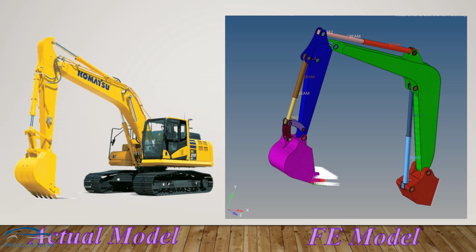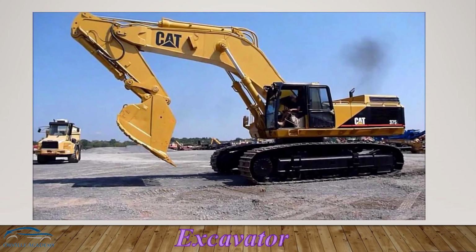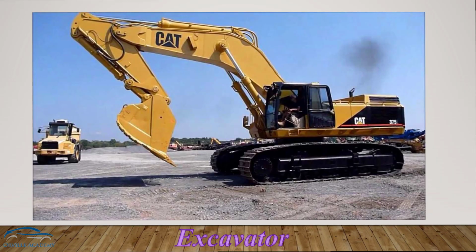So here I have a basic excavator model. Now the same thing I want to simulate in an FEA model. So the first thing that we are going to do is create an FEA model. Before jumping into the GUI of Hypermesh, let me first be clear what the different components of the excavator are. If you get any physical problem, may it be an aerospace component, an excavator, or an automotive component, first try to analyze what the different parts are and then proceed with how you are going to simulate those same parts in an FEA.